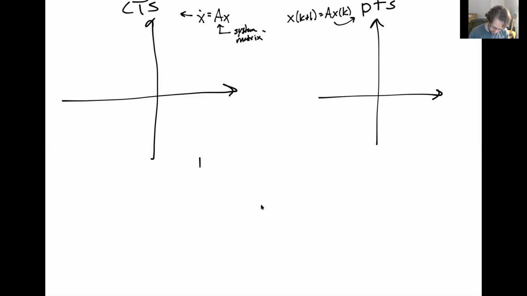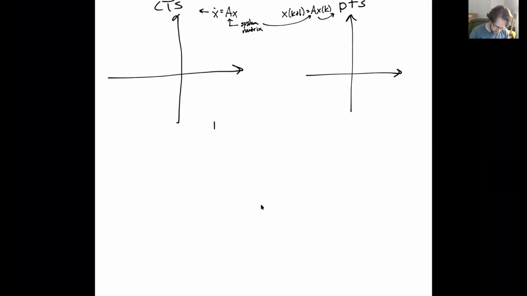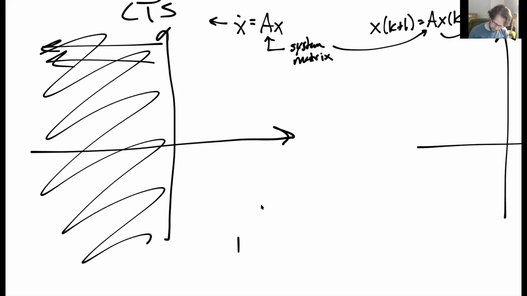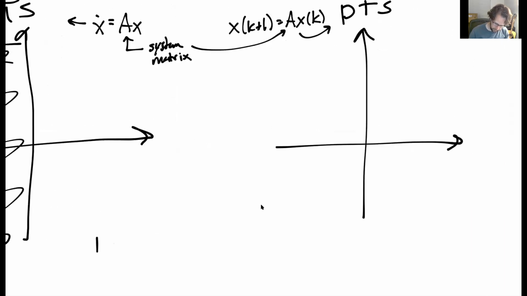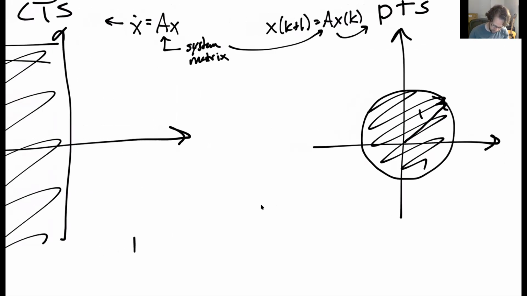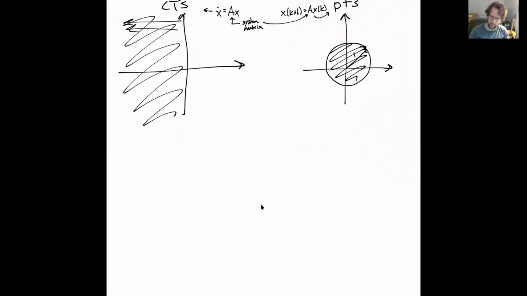And this guy. Okay, so now for continuous time systems, we need that all eigenvalues are on this side, right? And then in the discrete time system, we have a unit circle with a radius of 1. Now, if all of the eigenvalues are within this unit circle, then we have stability, asymptotic stability. So those are the comparisons between them.